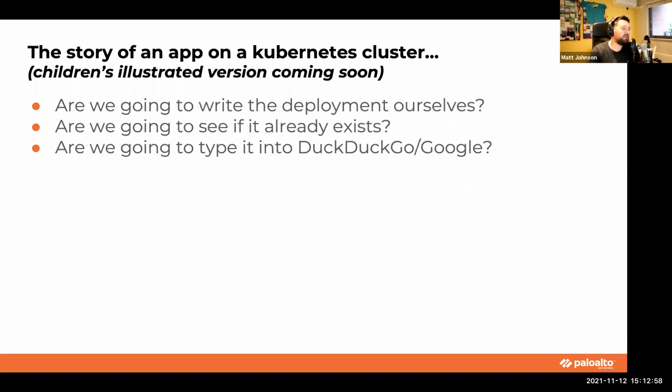And, are we going to do that? Yes, we're not going to write it ourselves, like every other part of development, where if there is an existing module, we're going to use it as a dependency rather than writing millions of lines of code we don't need. And we find the same is 100% true in infrastructure as code. So if we did type in a word with Helm or Kubernetes, we would probably end up at Artifact